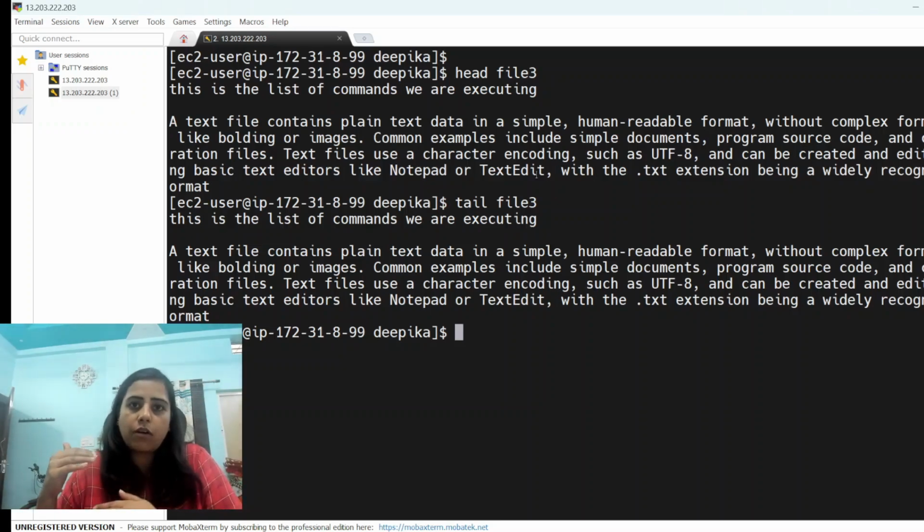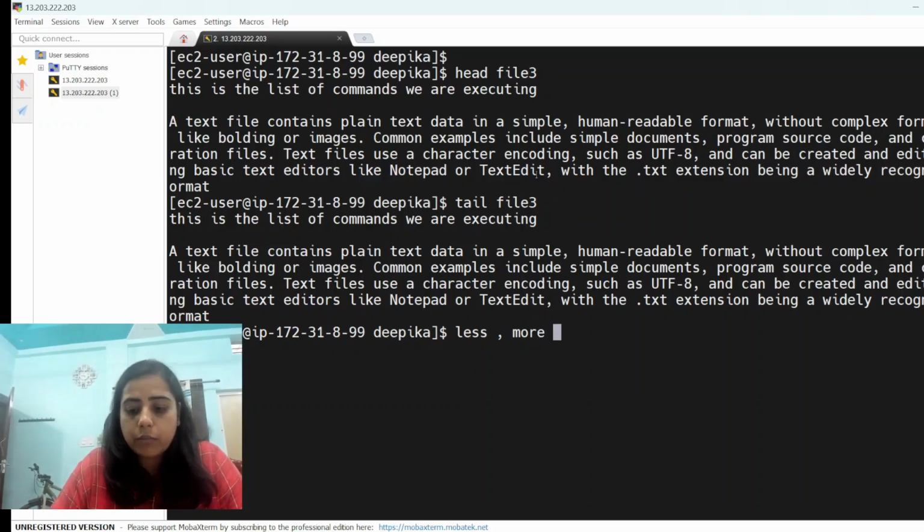If you want to see only the bottom of the content, you can use tail. Similarly, we have the less command and the more command. I hope you are aware of that, and if not, this is your task: get and check these two commands, how we are using them. Okay, next one is,